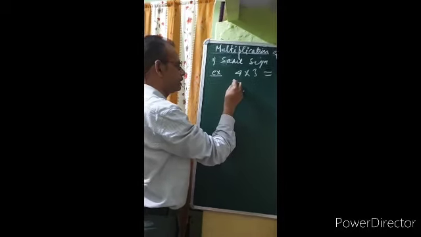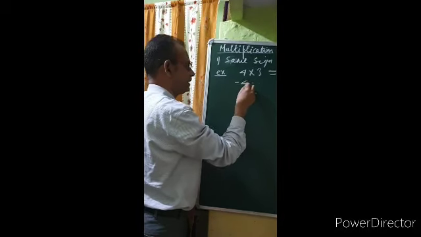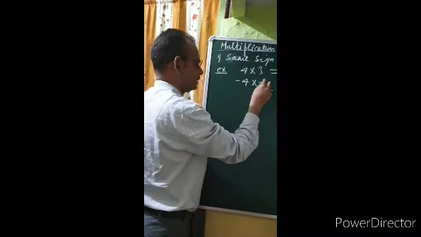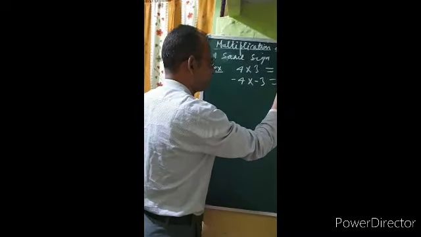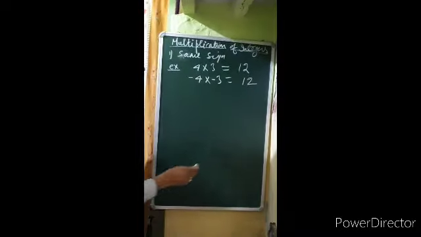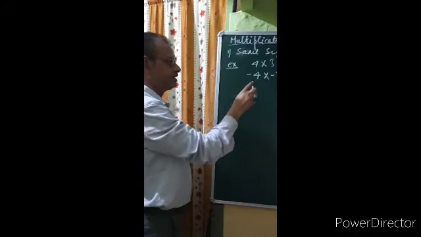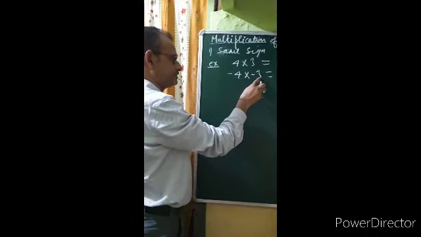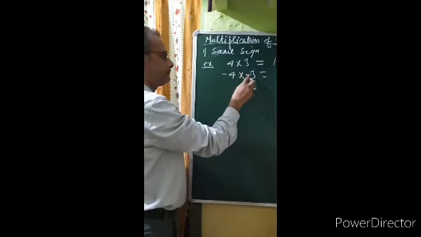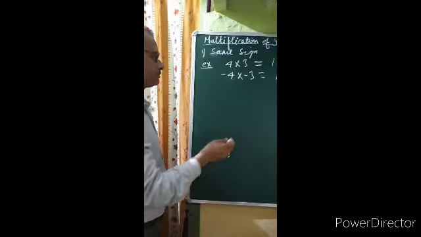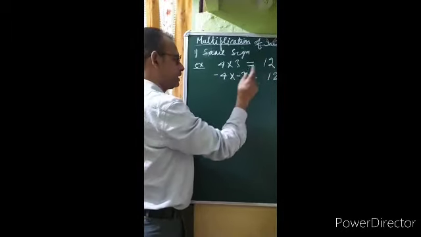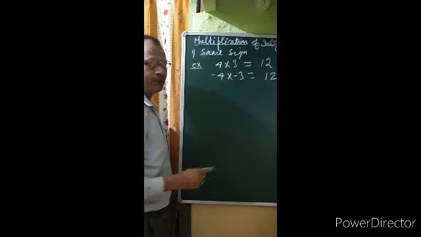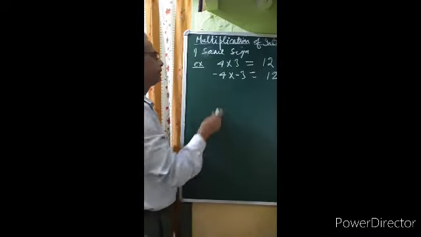Here also, if you take two negative integers, -4 and -3, again you will get the answer 12, because you will take the absolute value of the two integers and multiply them and put a positive sign. Okay, now